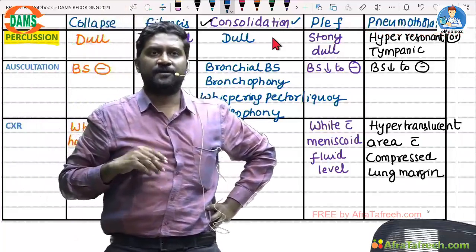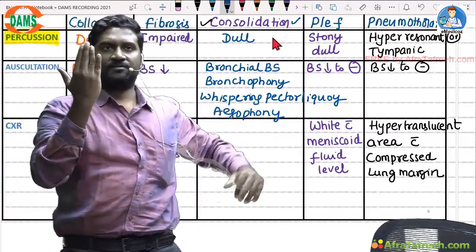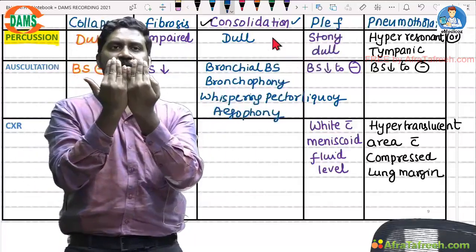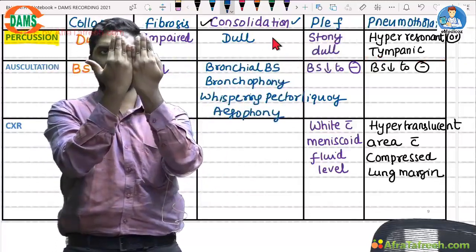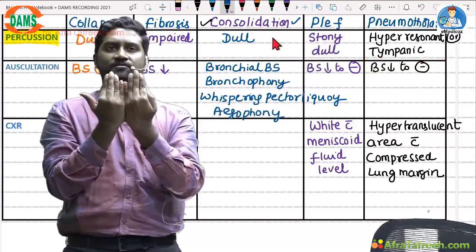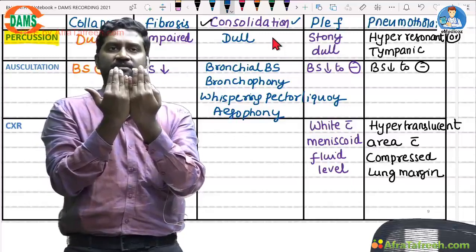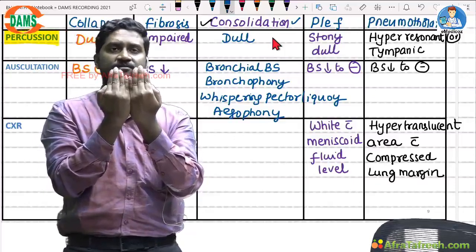Now if you see in a normal individual, in a chest X-ray, bronchus and alveoli cannot be differentiated as two different structures, because bronchus is filled with air, and alveoli is also filled with air. In a chest X-ray, when there are two structures with the same density, you cannot differentiate them as two different structures.